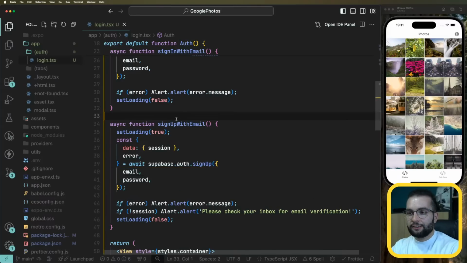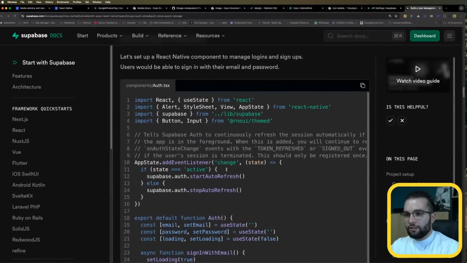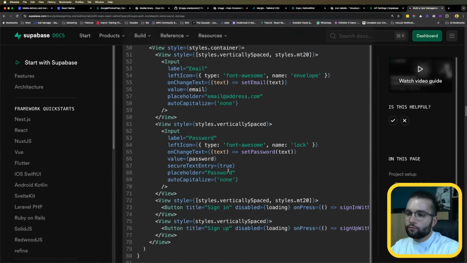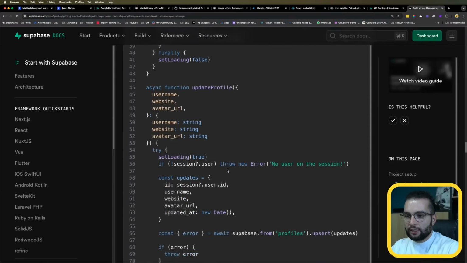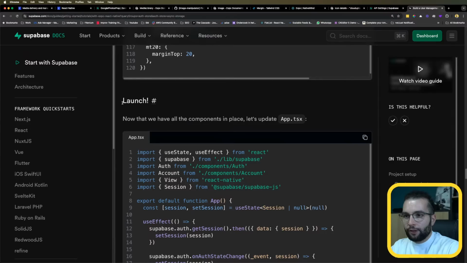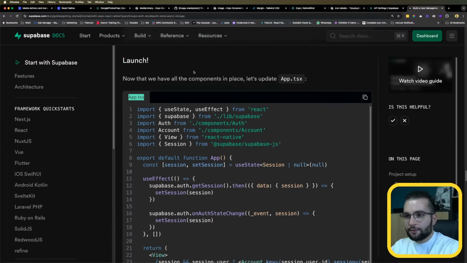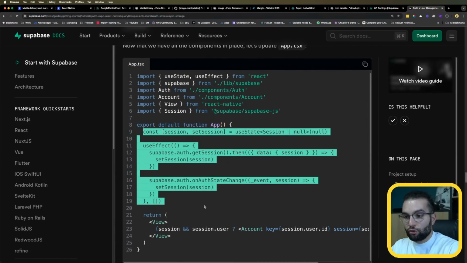So these two functions are responsible for creating an account and this one is for signing in. To get to that page, we are going to scroll down until we see the launch. Here in the app.tsx, they show how to keep track of the session